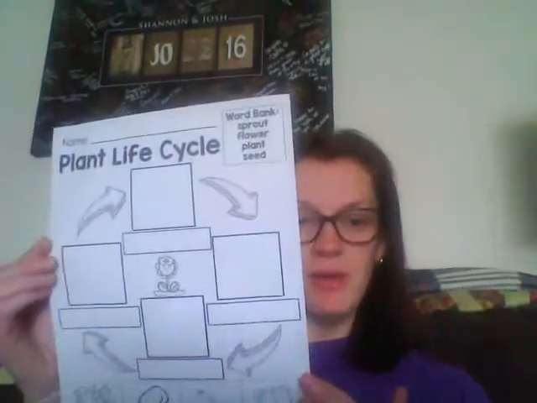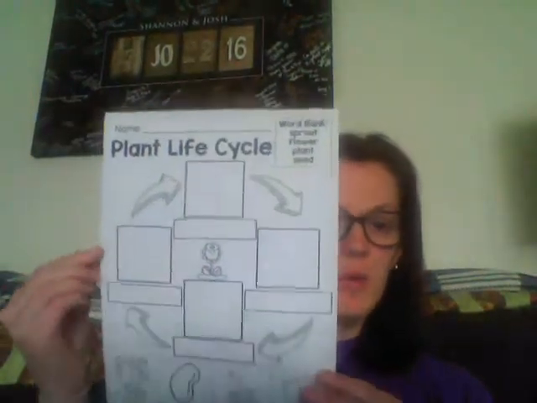Good morning, first grade. Today we're going to learn about the life cycle of a plant. And we know life cycle starts as a baby or as a seed, and it grows up to be an adult flower, and then it wilts and dies or passes away, and then it starts all over again. So today, the plant life cycle, we have this paper right here, and we're going to